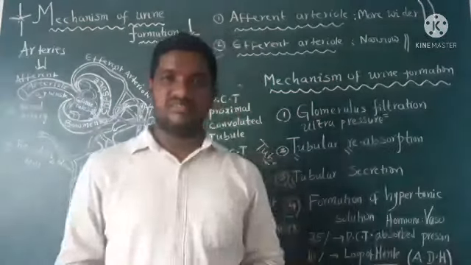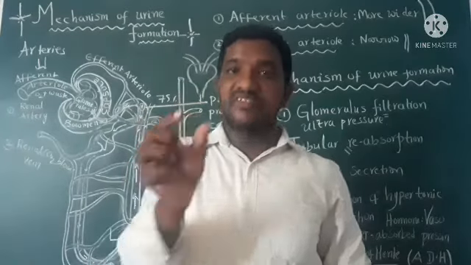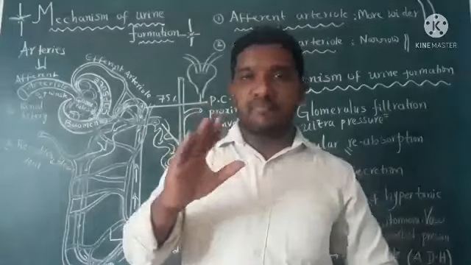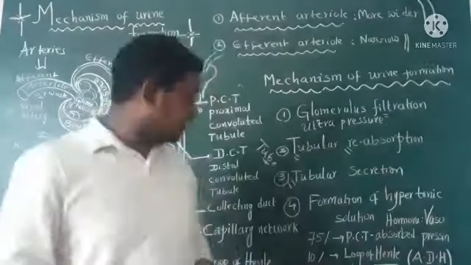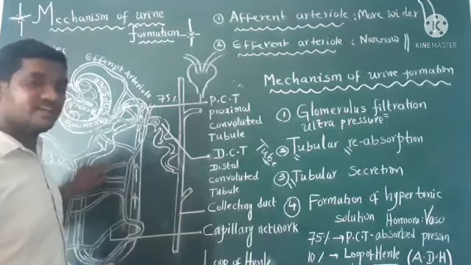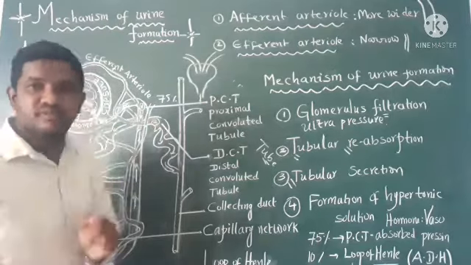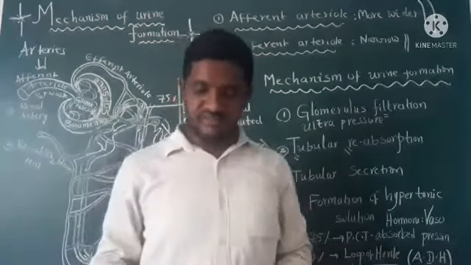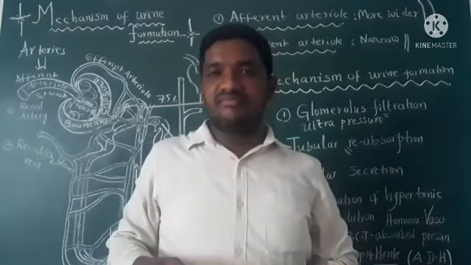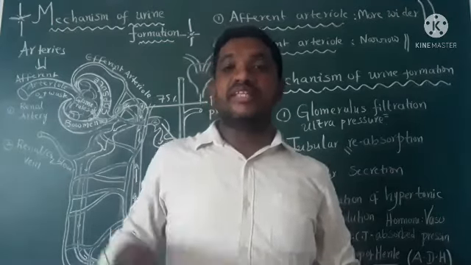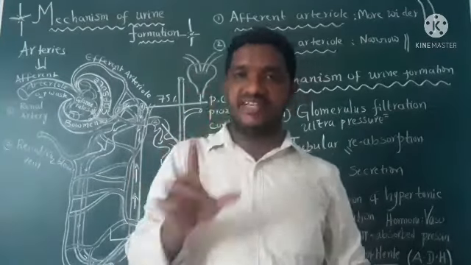What are those? Listen carefully. It is the active secretion of waste products by the blood capillaries into the urinary tubule. This is the urinary tubule. These blood capillaries are secreting some materials into the tube. What are those? It ensures removal of all the waste products from the blood. Actually, in this process, what happened, do you know? Waste material should be eliminated. That is the first one. Second